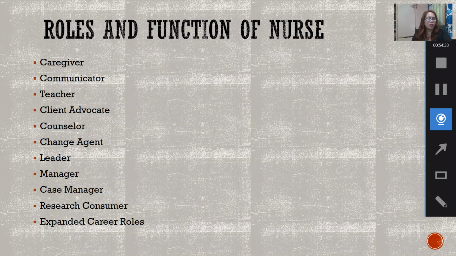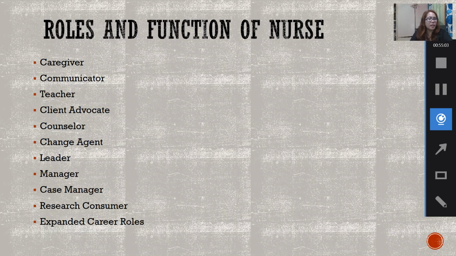So, you have to act as a change agent to help the client na man-modify yung behavior na yun, na mabawasan na yung pagsisigarilyo or yung unhealthy yung diet niya. So, tuturuan mo siya kung paano yung mga healthy diets dapat ang kakainin niya. So, you need to help your client. You have to act as a change agent to the client, lalo na pag may kailangang modification sa kanyang lifestyle.